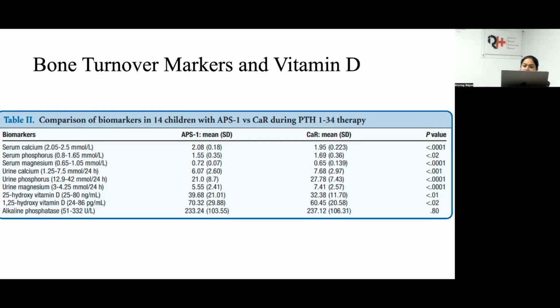So looking at the bone turnover markers, again, as we can see, the mean calcium level was within the normal range. It was lower for calcium sensing receptor and mean phosphorus. So that would probably be on purpose, that they are keeping the calcium sensing receptor on a lower level of calcium. Yes. This is what they are trying to achieve on that. Now, key parameter is urinary calcium. Now, this is interesting. What you are saying is that despite having a lower calcium, the calcium sensing receptor defect individuals have a higher urinary calcium. They have, for the same level, more hypercalciuria. The other parameters I'm not too much concerned about. Mainly, I'm looking at urinary calcium, which is higher, and serum calcium, which is lower, in individuals who have basically the calcium sensing receptor